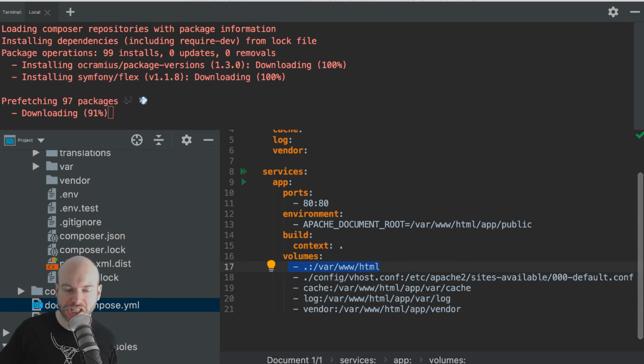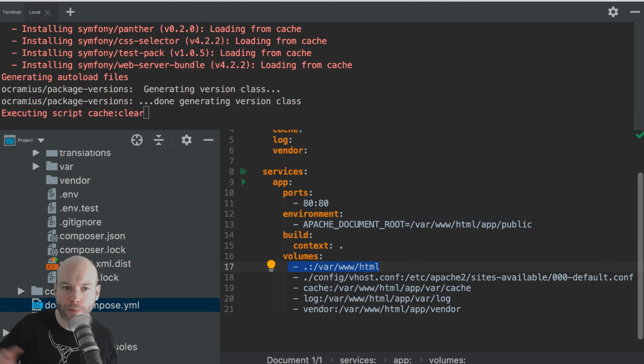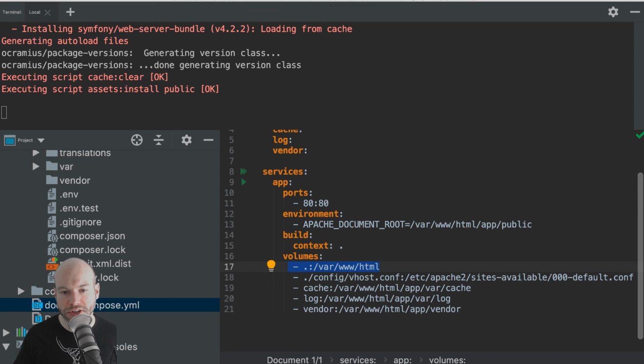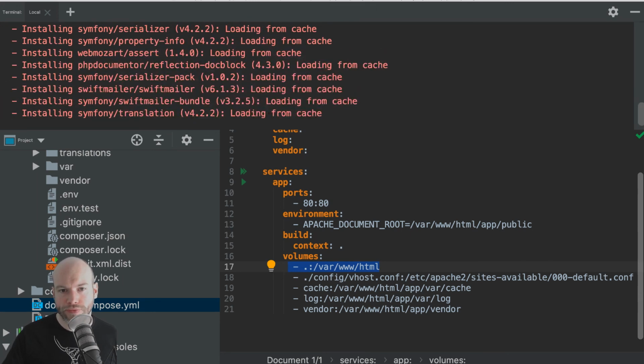So we've actually changed the image. Right, so we're saying that we don't actually have anything in the vendor, we don't have vendor, so we're copying over it. Therefore, that's changed, which means that we now need to do another build. But do you see how quickly that came from? That went because it loaded it from the cache.